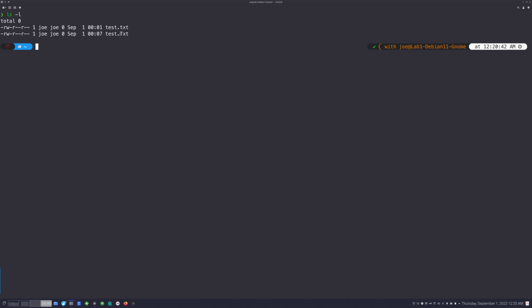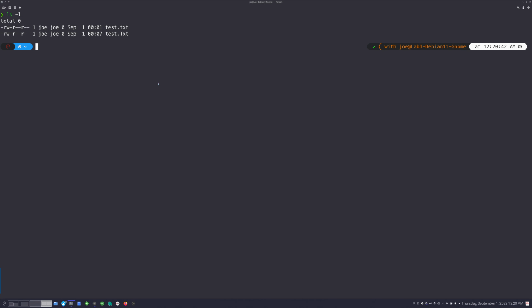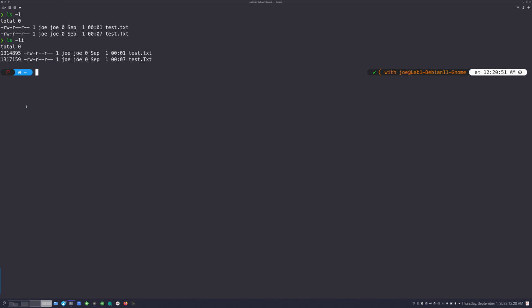Okay. So these are two files here, right? And these are different files. If I go here and put an i, you can see I get this funny number at the beginning of my string. That number actually represents the inode number that the file is represented at, because all of these files are what we call hard links, and they point to data, right? And the inode number is the representation of where the data actually lives that the hard link points to.